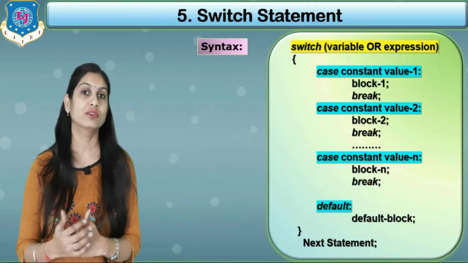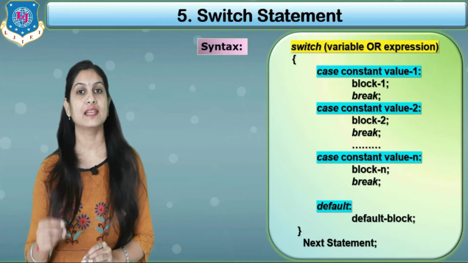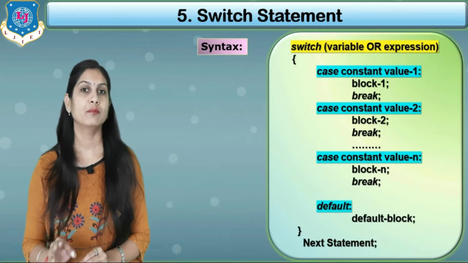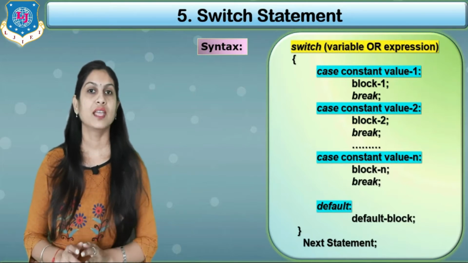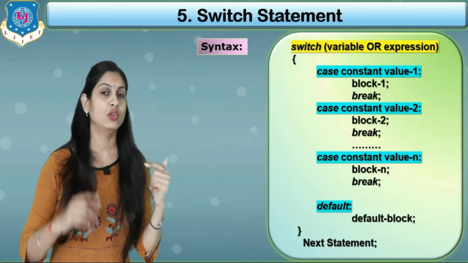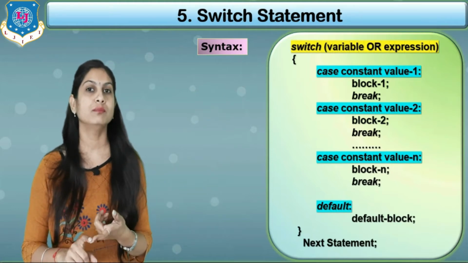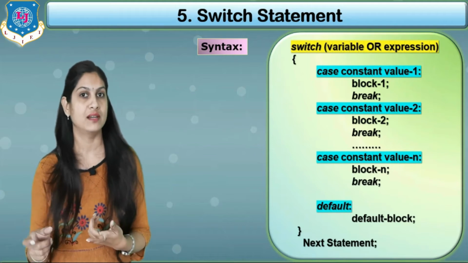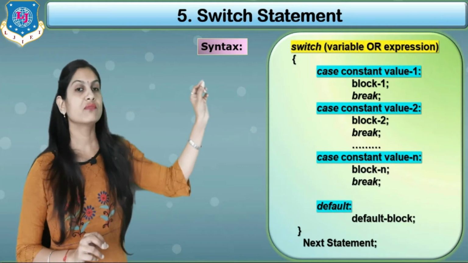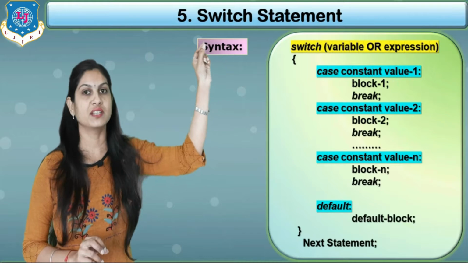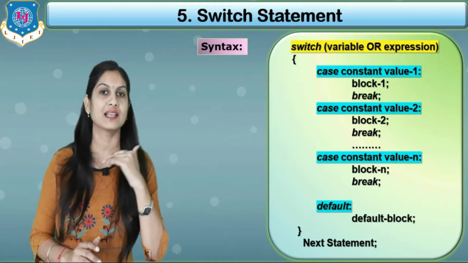Now how it can work, first understand the switch only works with an integer and character data type. So suppose your variable is a float type, then this theory cannot be applied. Clear? So remember these things. If this variable value is matched with a constant value of a particular case, then that particular case will be executed and the block of statements associated with that particular case will be executed. Suppose the constant value 1 is matched with our condition, that is our variable, then that particular case will be executed, means our block 1 is executed.